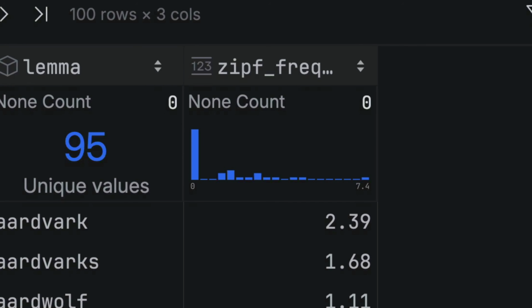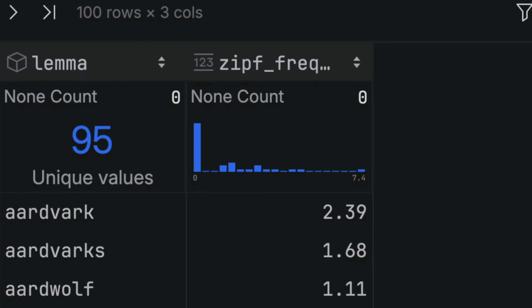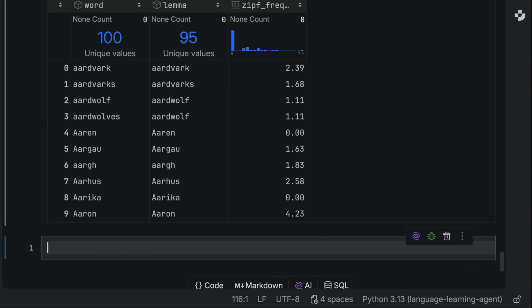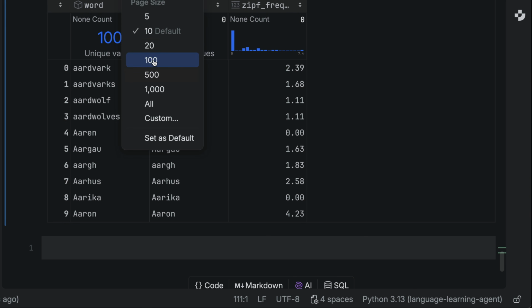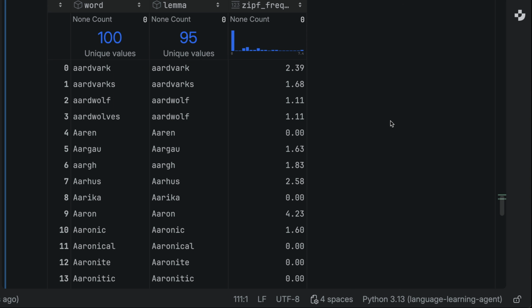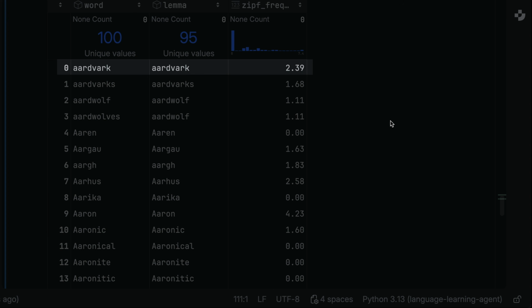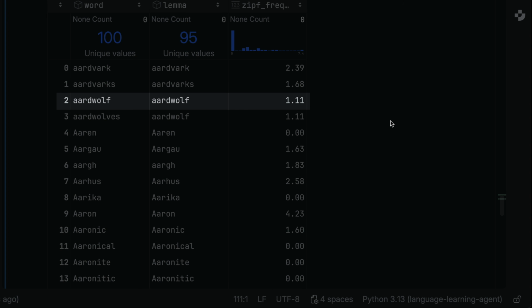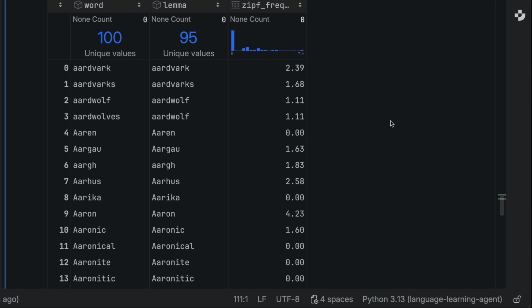And this indicates that these words are so rare that they weren't actually found in the vocabulary that came with the word frequency package. We can see also that we have word frequencies that appear to make sense. So the word aardvark or the word aardwolf are not terribly rare, but they're not terribly common either. So it makes sense that they're popping up as